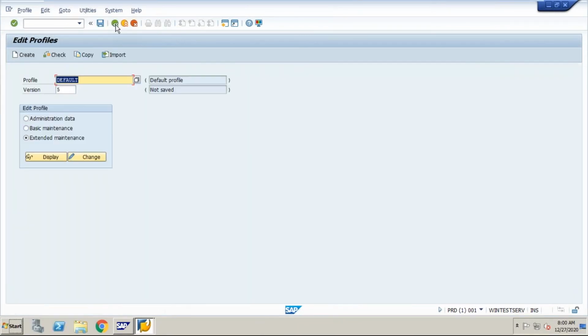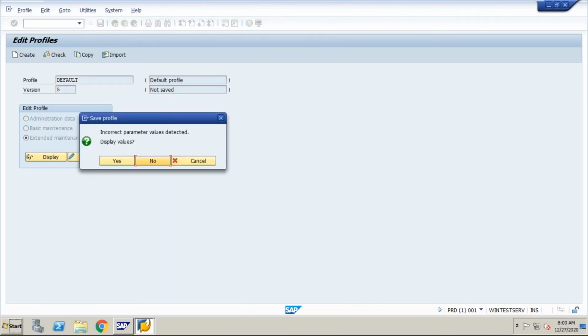Now press back again. If I save this, the version will change to 6. Here it says incorrect values are deleted to display the values. What happened here is that some incorrect values were defined from the SAP Java side, so no issue with that.